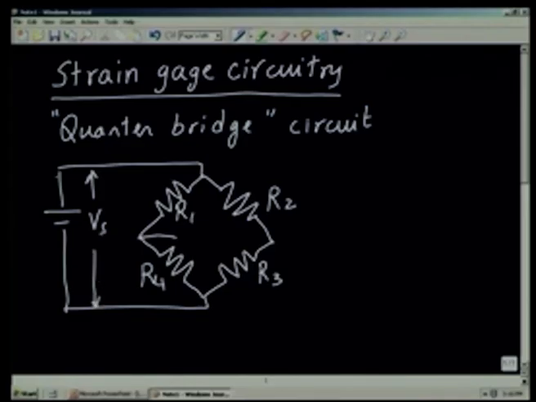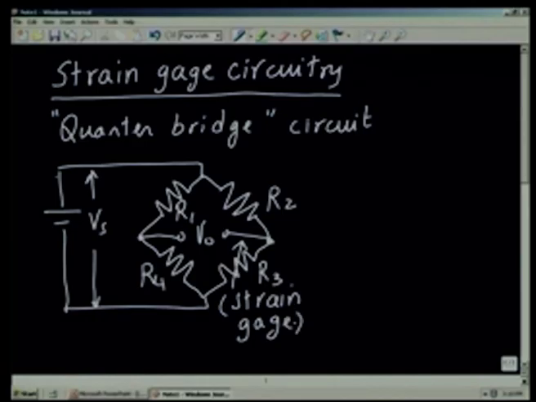and we are going to measure the potential difference across these 2 points, and this we call V0 or VO. And if you remember, towards the end of the last lecture, we said that this will be the strain gauge element, and the resistance of this particular element is going to vary because of the displacement or because of the straining of the element. We also mentioned something about the values